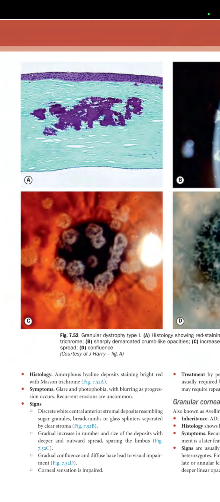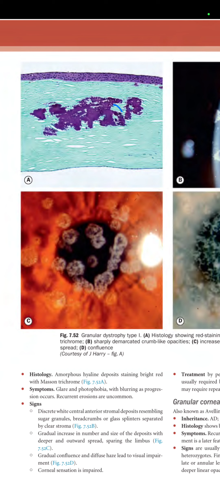Histology: amorphous hyaline deposits staining bright red with Masson trichrome. Glare and photophobia with blurring as progression occurs; recurrent erosions are uncommon. Signs are discrete white central anterior stromal deposits resembling sugar granules, breadcrumbs, or glass splinters, separated by the clear